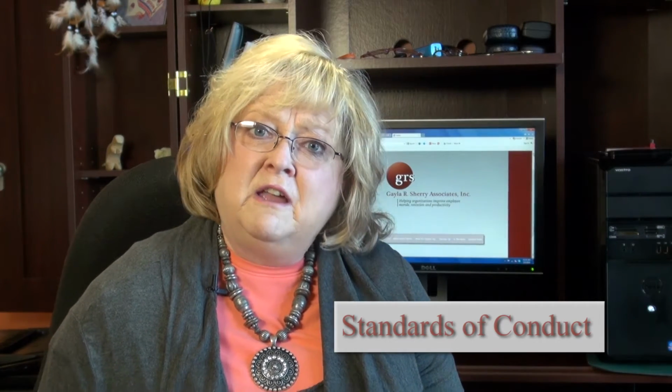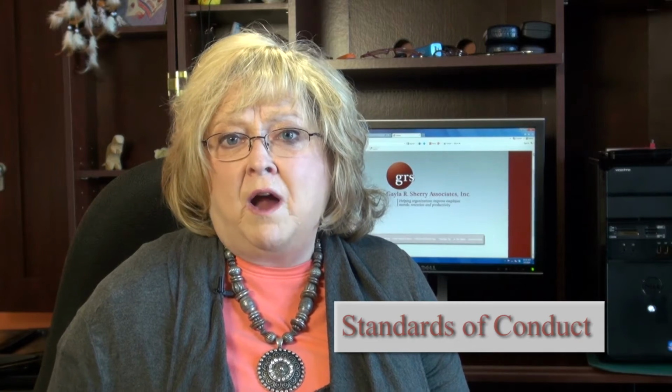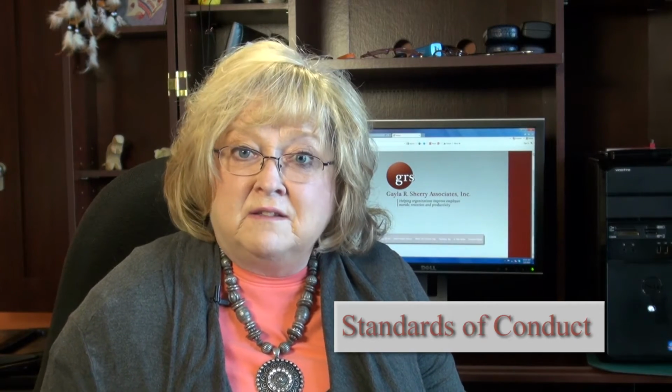Then finally, you want to make sure you include standards of conduct. This describes your expectation of how employees behave while at work. It may also include electronic communication policies, social media policies, and those policies dealing with customer service as well as conflict of interest. You want to make sure that an employee reads the handbook thoroughly and signs that they have